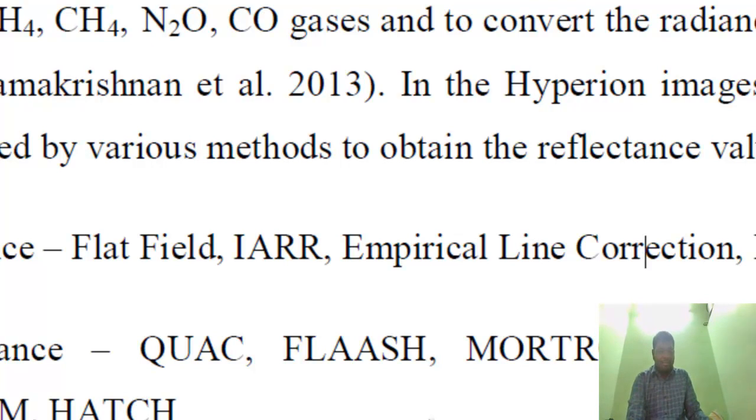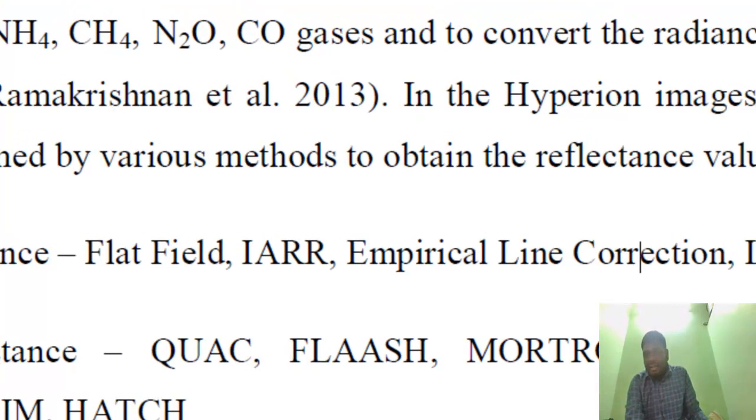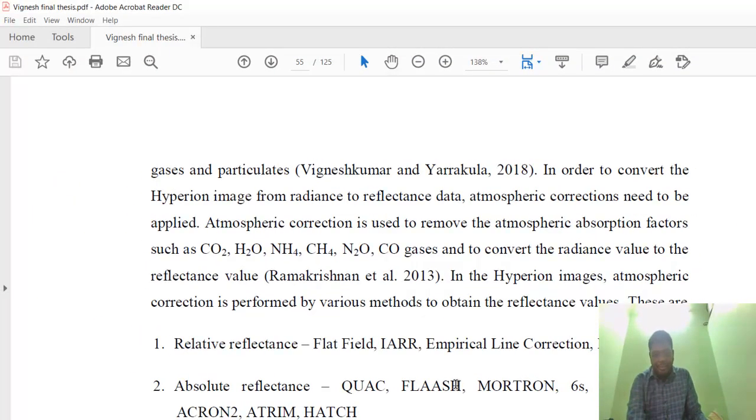So in this video, we are going to work out the FLAASH atmospheric correction model using the radiance imagery for Hyperion data. To do any kind of reflectance imagery, the radiance imagery conversion from the DN values is a must. In the previous video, we saw how to convert the DN values to radiance values using the radiometric calibration toolbar in the BIL or BIP format. So in this video, we will work out the FLAASH atmospheric correction model.